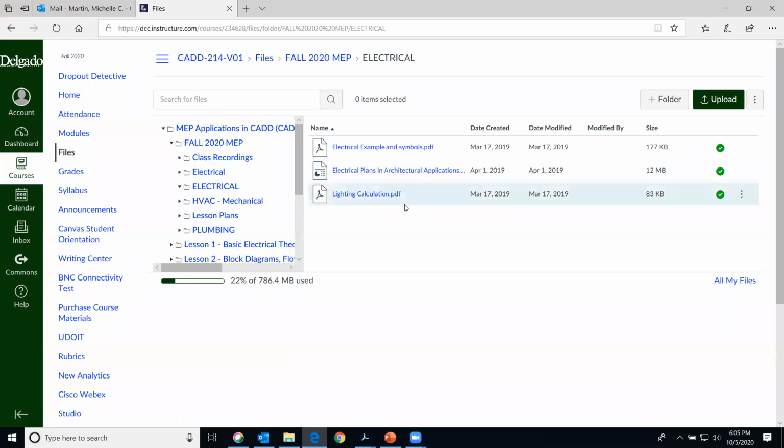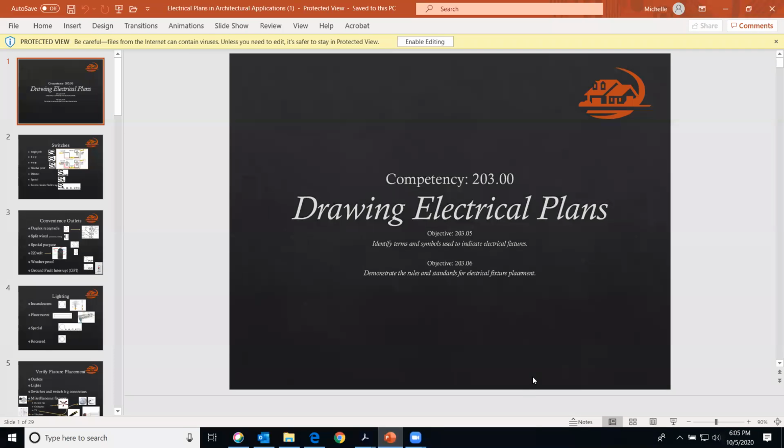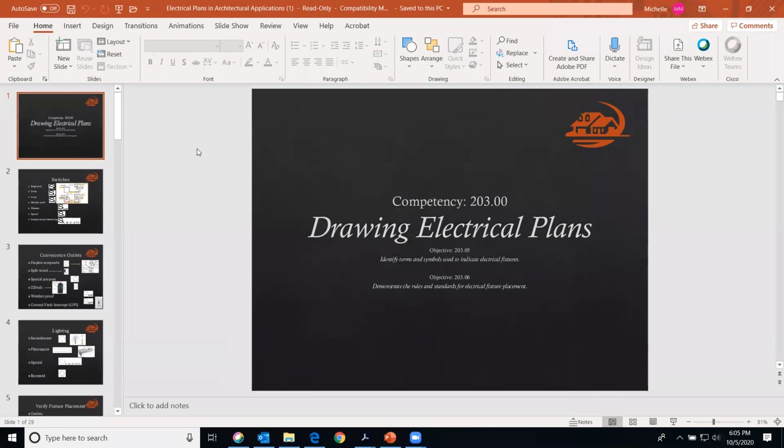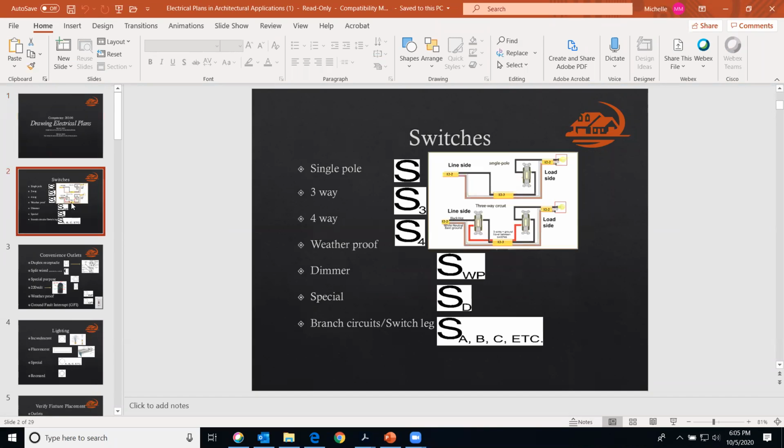This is all the information that we'll be going over today and all the information that you'll need to read before class for next week. The first thing on there is this PowerPoint presentation that you can read through. We're going to go through some general information on it, things I want you to pay attention to when you're reading through it. But this does need to be finished for next class. If you flip through it real quick, it gives you general information on what we're going to be covering in class, such as switches,